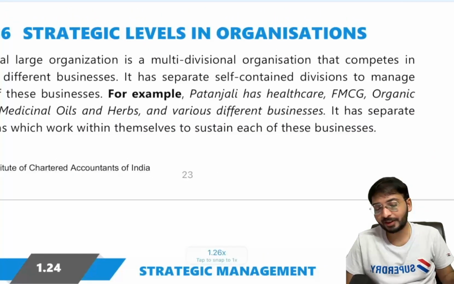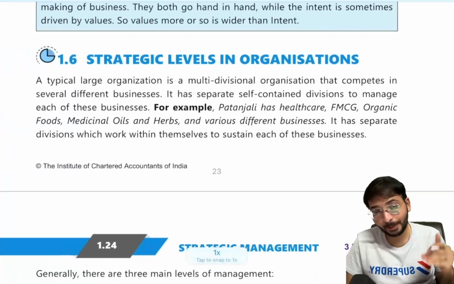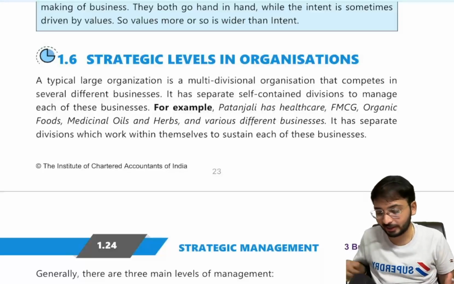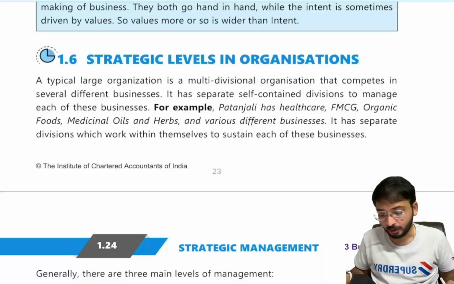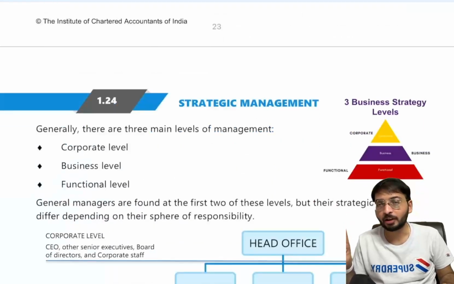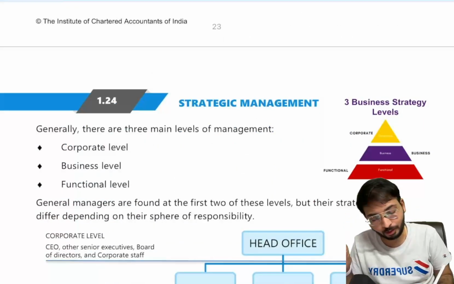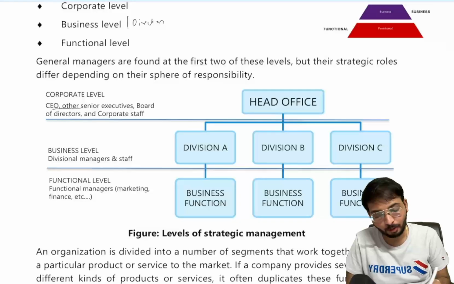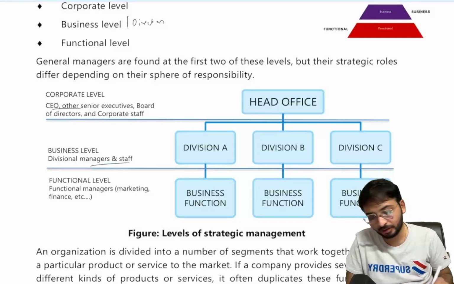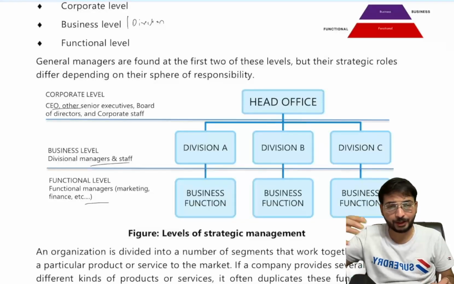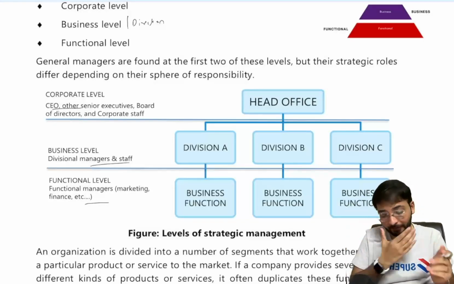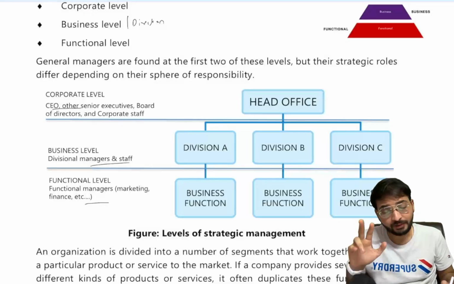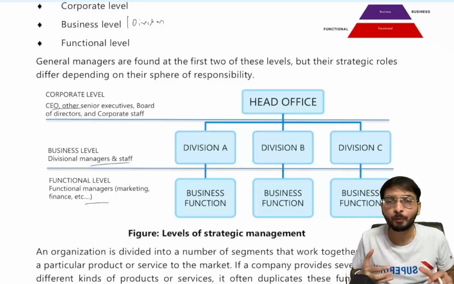Alright, next moving on to the strategic levels in an organization. This will be deeply discussed in chapter number 5, but since it is there, I'll be rushing through it. So you have 3 main levels of management: corporate level, business level, which is also called divisional level, and next is called functional level. At corporate level you'll generally have the board of directors, all this. At divisional or business level, you will have divisional level managers. Functional level, as I said, we have a marketing manager, HR manager for each specific company for a functional. Now with the diagram, you tell me who are more close to public.